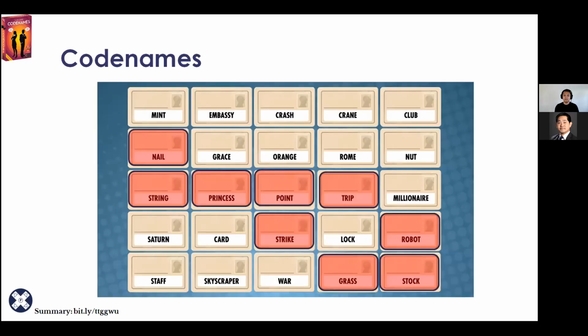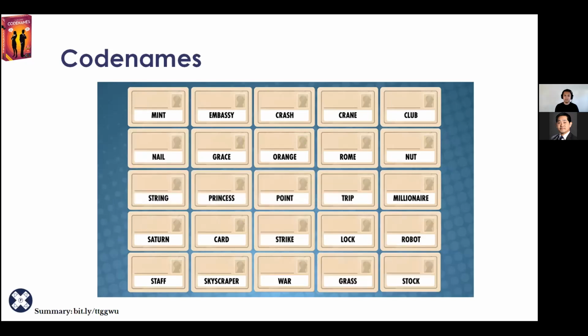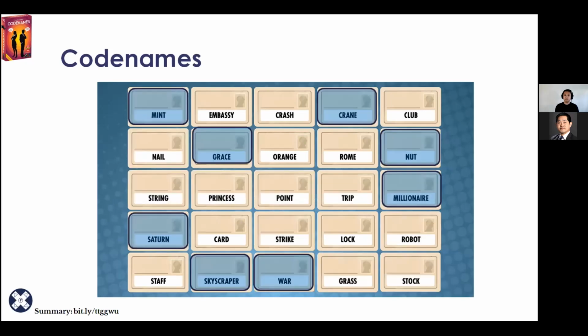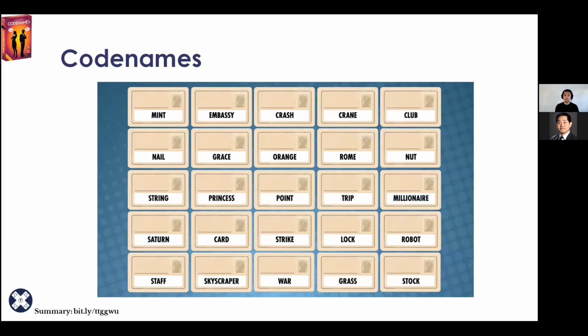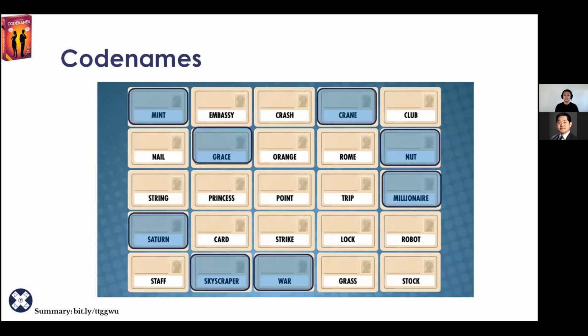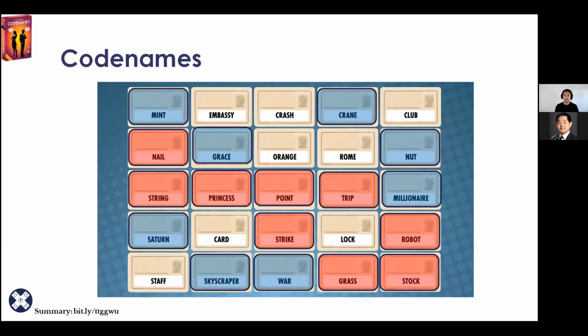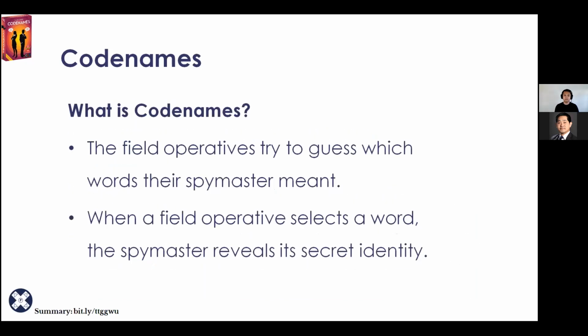In this case, if I'm on the red team, I know that these individual cards are the agents that represent the red team. So these are the cards I'm going to try to get my teammates to guess. Likewise, the blue spy master is trying to get these cards guessed by their teammates, because these cards represent the blue team's agents. I'm trying to get my teammates to guess the red team agents, and this is what the board looks like for us. So we're trying to give out clues that will get players to guess these individual cards on the board.